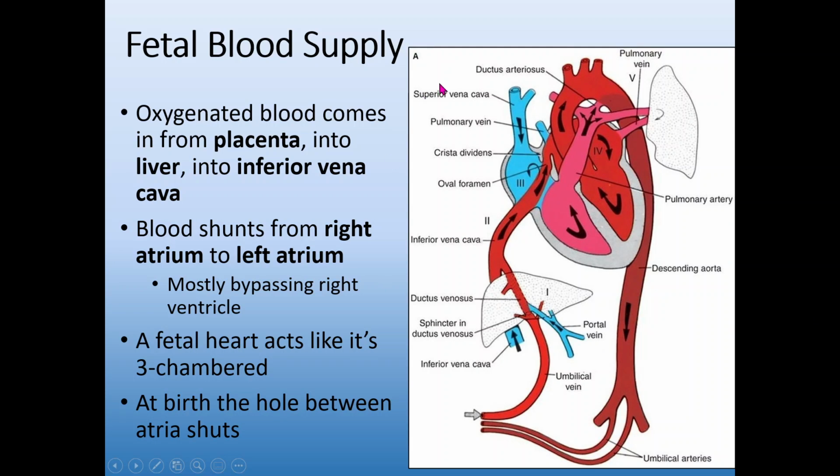So here is a zoom in of that same process. Again, we have the blood coming from the mother, oxygenated, passes through the liver of the fetus. It then gets entered into the right atrium, skips over the right ventricle, straight into the left atrium, left ventricle, out through the aorta.